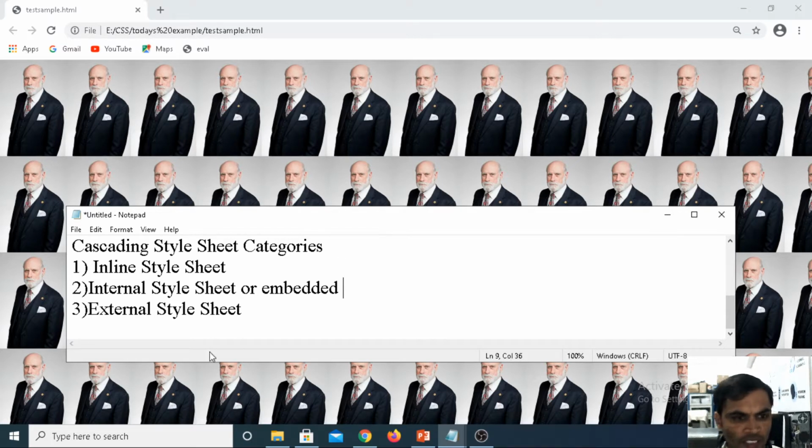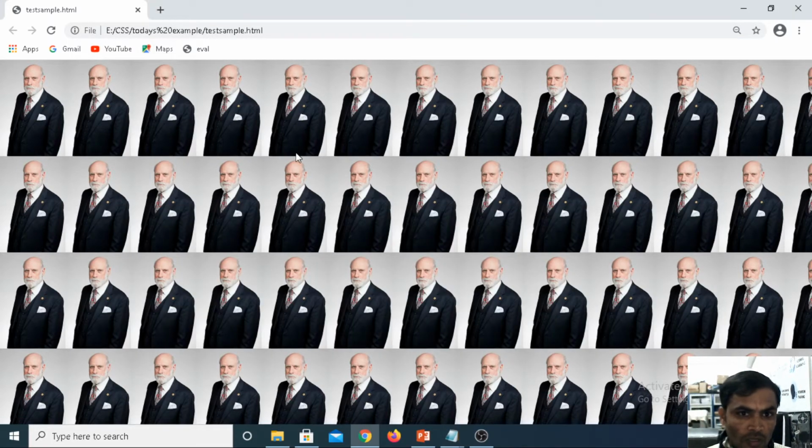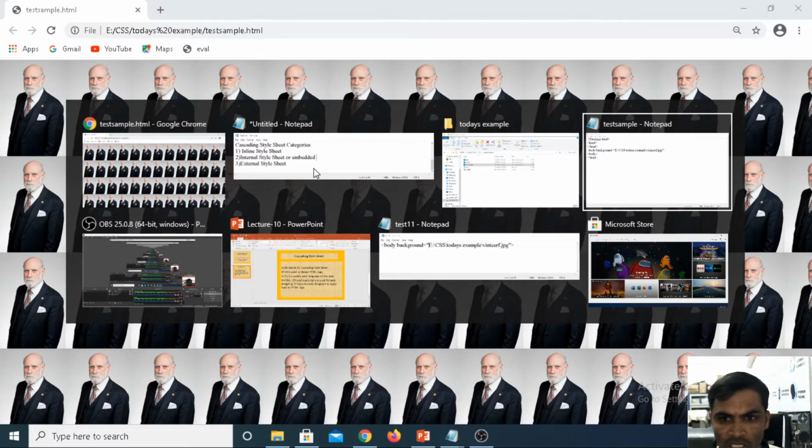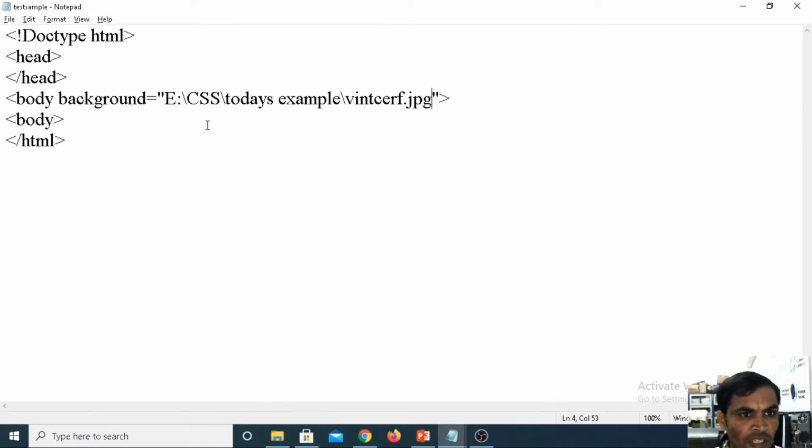Now coming to the example for cascading. This is a drawback in your HTML, and we eliminate it with the help of CSS. Now we have the property background.